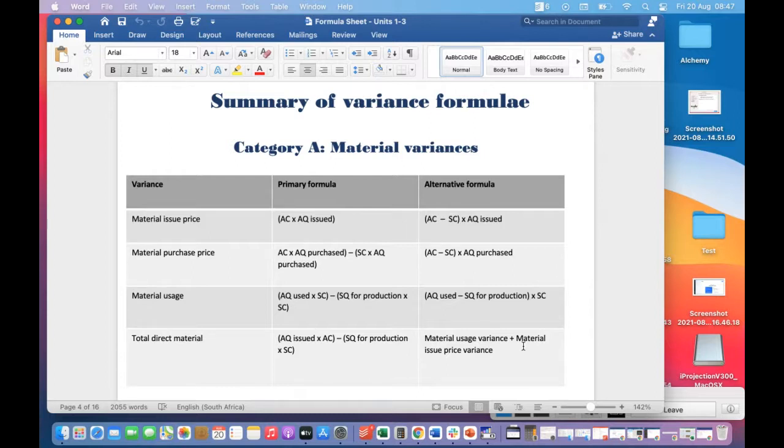And so here, what I recommend that you do is to always go actual minus budgeted. Actual cost minus the, here they're saying, sometimes they say this is standard cost, it's the same as budgeted cost. Then times the actual issued. So here, basically what we're doing is to say it's variance. We're talking about, okay, cool. We budgeted that it's going to cost us, or just give me a second.